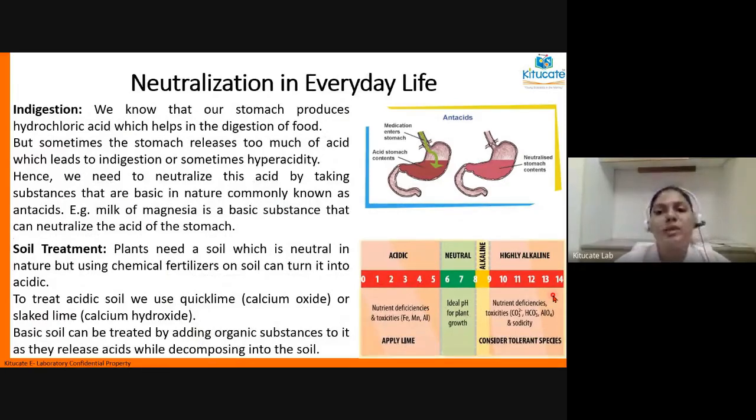But whenever something like that happens and the acid runs through your food pipe, you feel a burning sensation in your chest, or that is what we call experiencing hyperacidity. So when you feel that there is acid and it is burning you, you feel a slight irritation in your food pipe. And at times it so happens that people who have very high acidity end up vomiting. That's because they get a lot of irritation up till their throat.